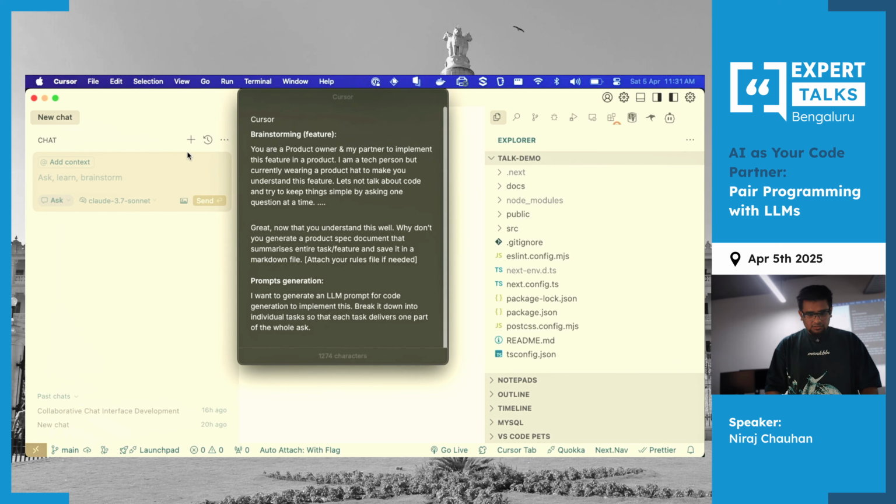The reason I have given a package.json is because I can provide more data to it. So I can just say, @route.ts file, just